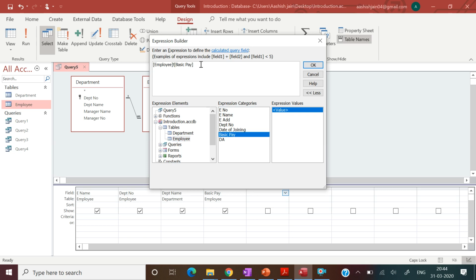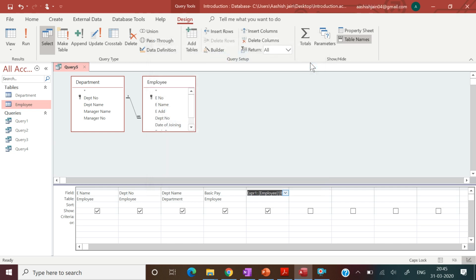Then put the multiplication sign and put 0.50 for the 50%. Don't use the percentage sign here, just put 0.50. Then click OK, and here this is written as Expression 1. We need to edit this so that we know what this expression says. So we'll put here HRA and press enter.